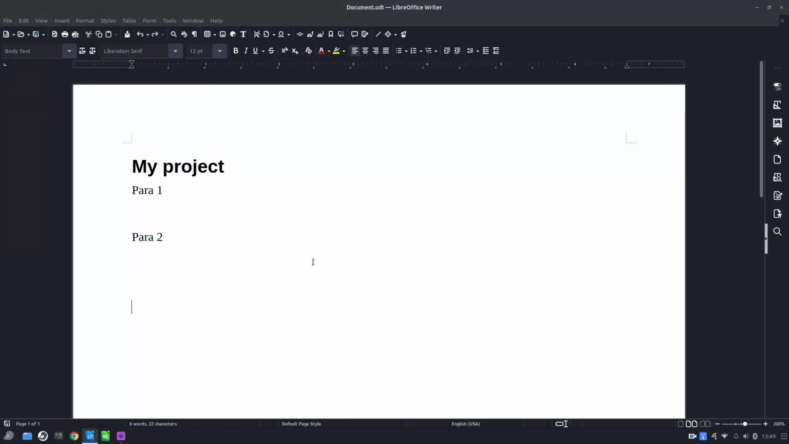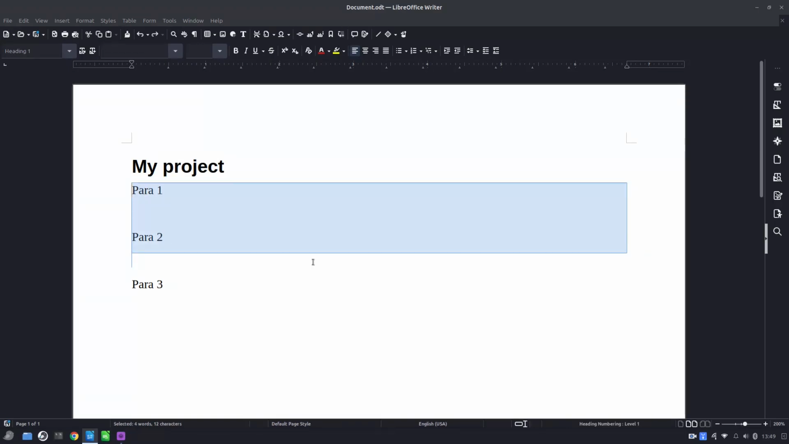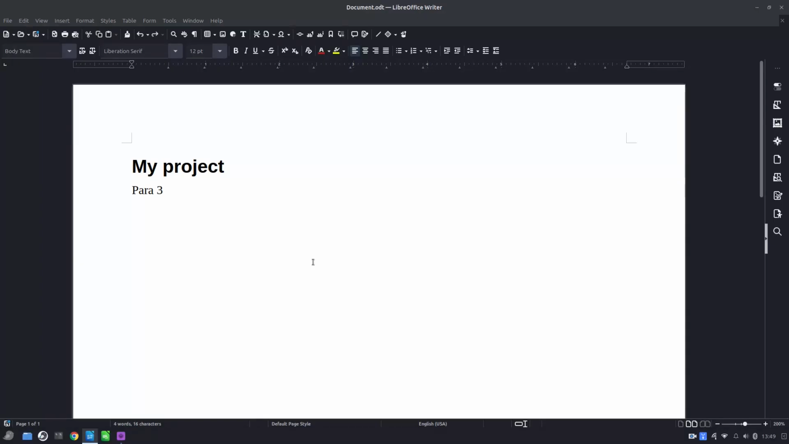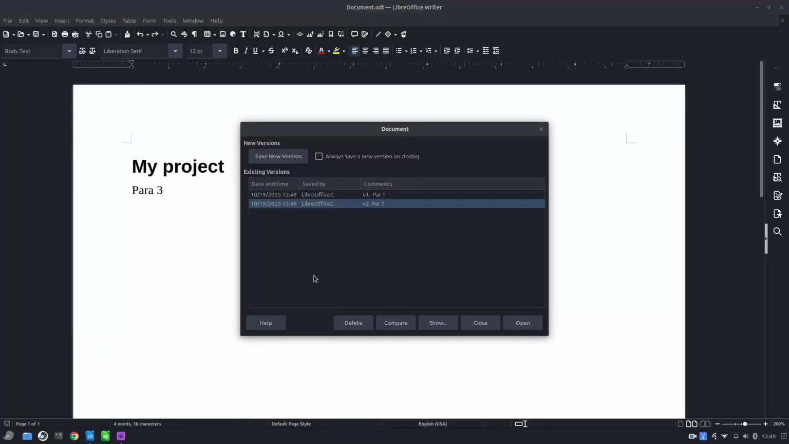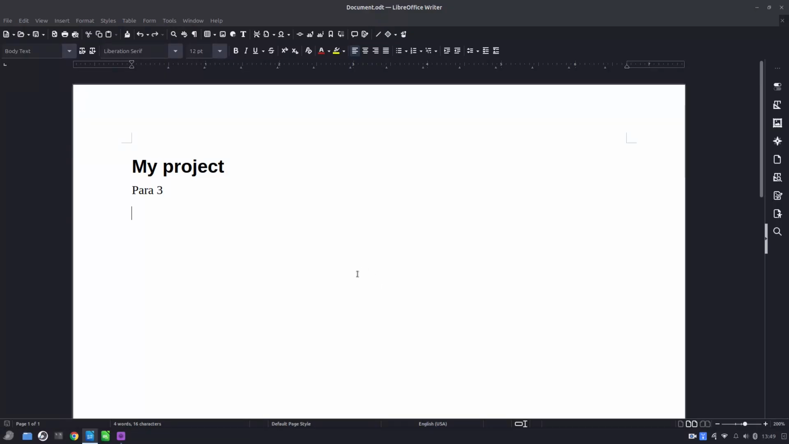and let's suppose we have finished paragraph 3, and let's suppose by mistake I remove all this paragraph, but I don't know at the moment. So version 3, a new version, version 3, paragraph 3. Okay, close. Now I found that I have a mistake, so I lose paragraph 1, paragraph 2, and I need